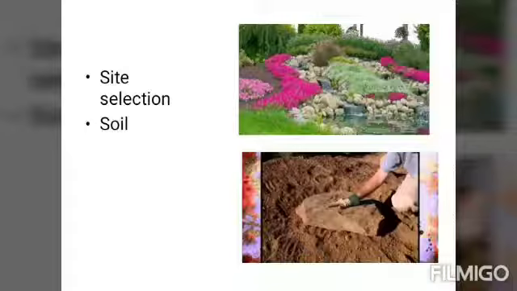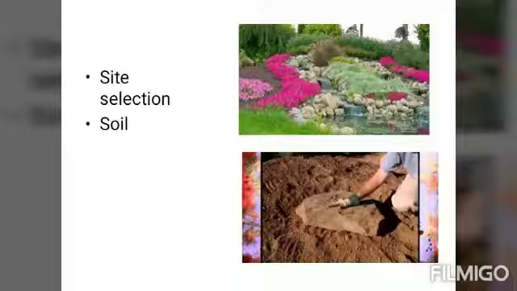So site selection, when you are seeing the site where you're going to build this rock garden. So rock garden is a part of what? Of a big garden, and fits well in an informal or freestyle layout, okay, which we have already discussed. What is freestyle, what is informal garden style. Okay, so you have to keep this in mind, that the area should be big, then only this one will look attractive. And a rock garden is laid out only in an area that is very spacious, very big. So we have to keep this in mind that the main garden is large, and